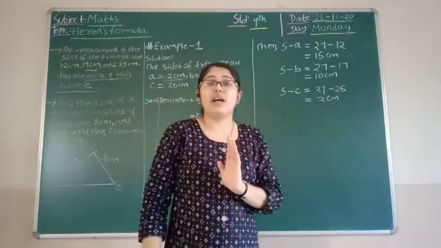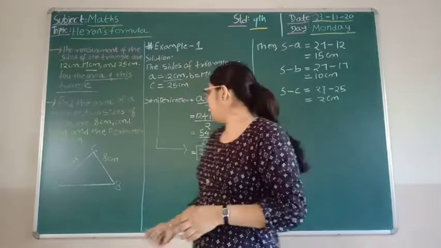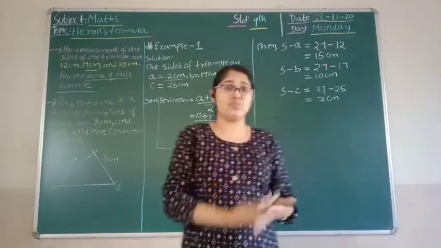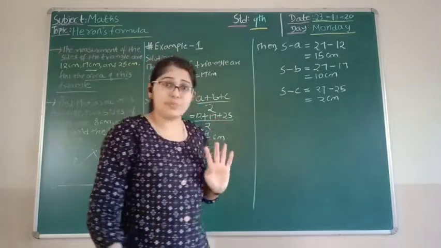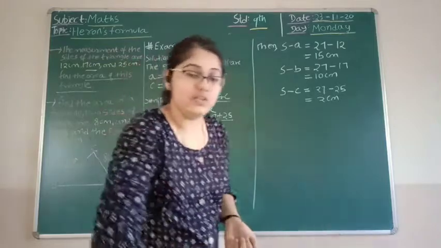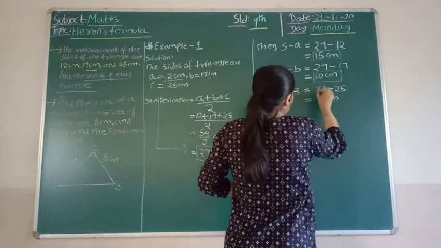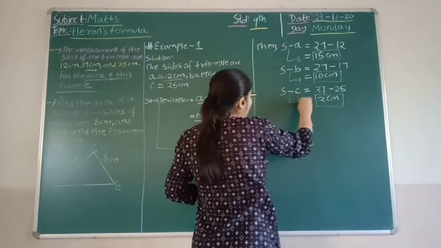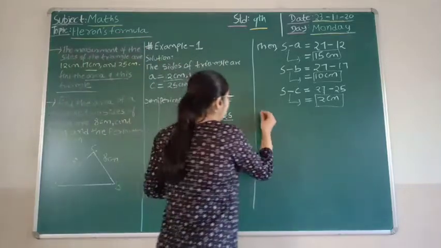So for the formula I need the semi-perimeter. The value of the semi-perimeter is S, and S is known, I am getting over here 27 centimeter. Now guys, students, next the values S minus A, S minus B, S minus C for the formula. So I am going to find these too. So now we have everything. Now I am going to apply all of these values in the formula. So as we know, now I am writing over here